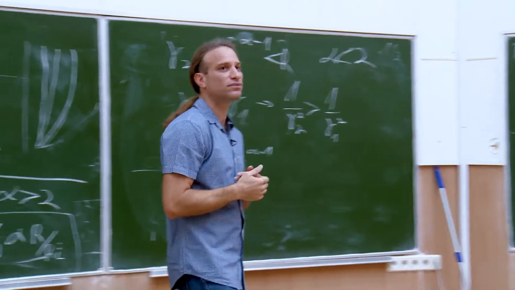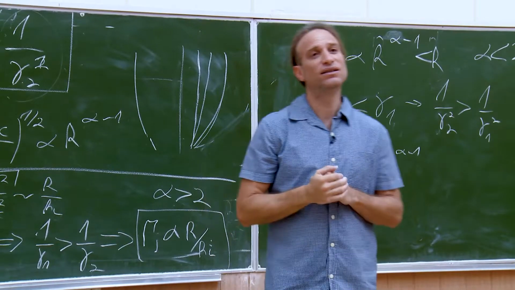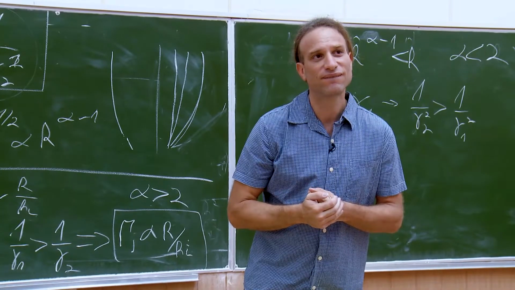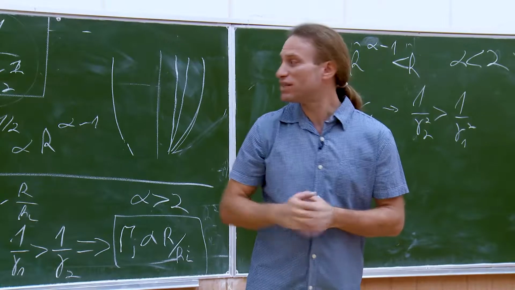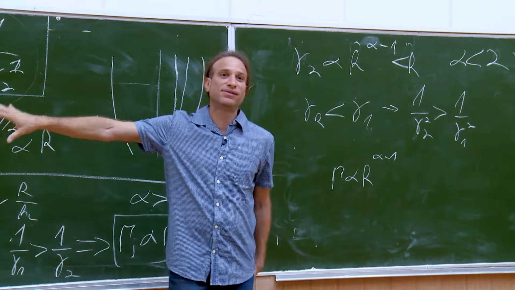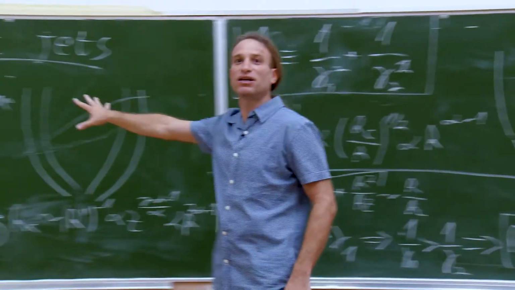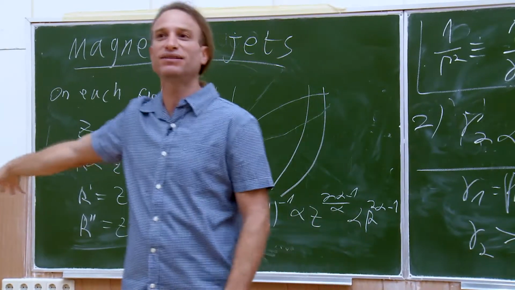Yes? How can the Keplerian disk maintain its magnetic structure during the rotation? Okay, so here I'm not discussing disks. I'm discussing infinitely conducting spheres. So here the magnetic fields are locked onto the sphere. I have no problem with that.